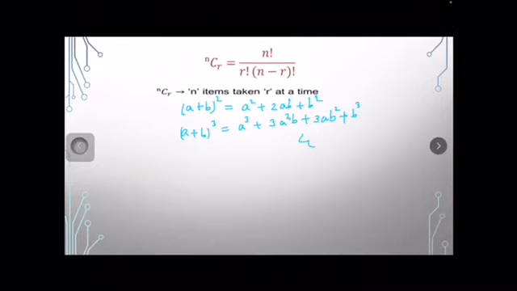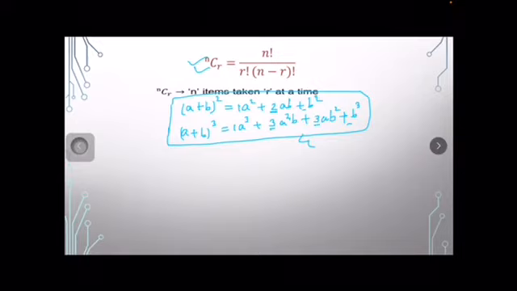So what if we have these two types of expansions? What you see here is that the coefficients 1, 2, 1, we can calculate by the combinations, right? And here the coefficients are 1, 3, 3, 1, and these we can easily calculate by nCr, by the combinations. So now what are our other terms?